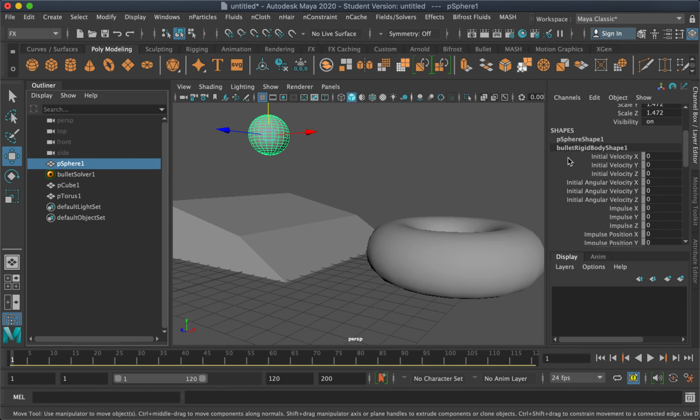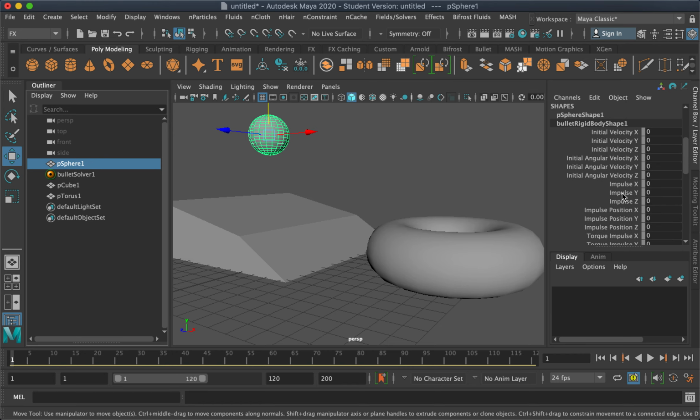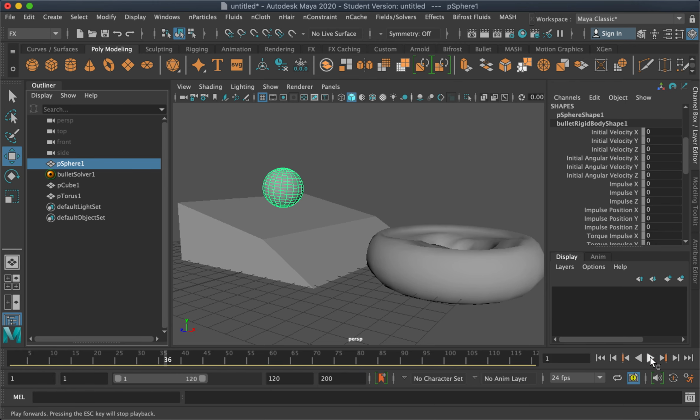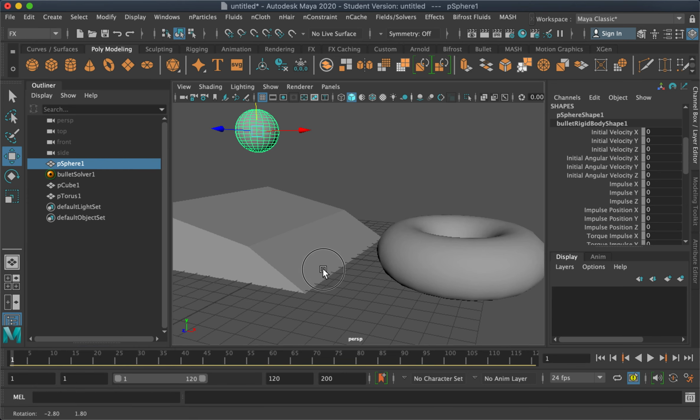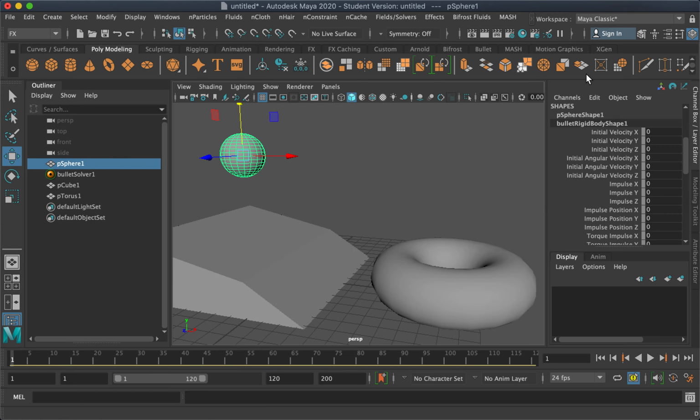In the rigid body shapes, we also have different attributes here. We have initial velocity. Currently there is zero velocity, so the only factor or field that is affecting this object is the gravity. If you want to throw this, we can add velocity, let's say in the y axis, so let's say 10.